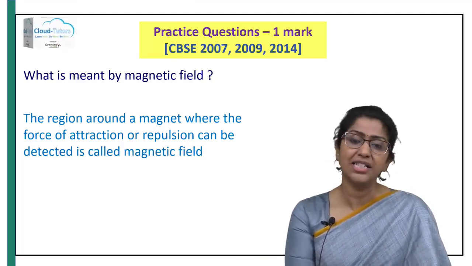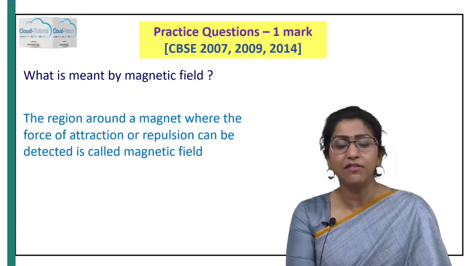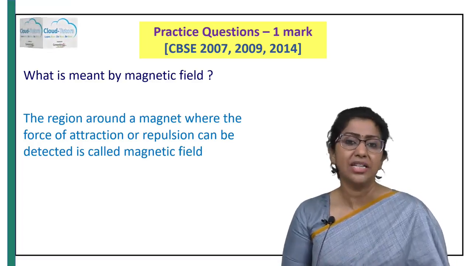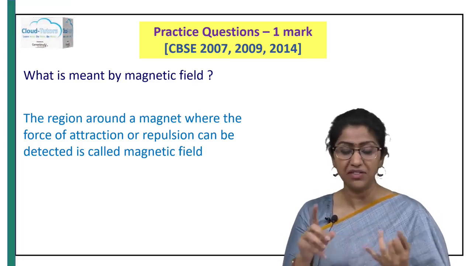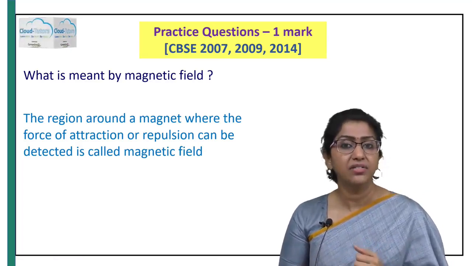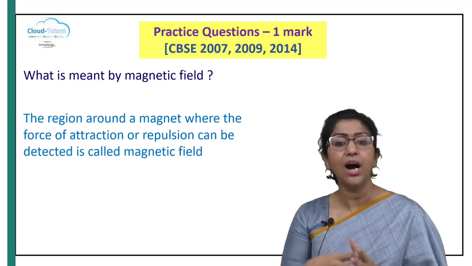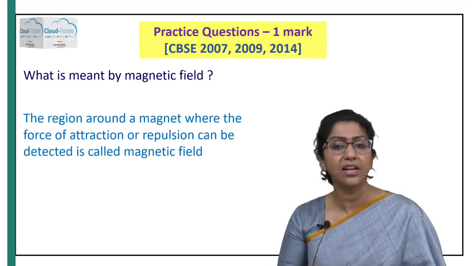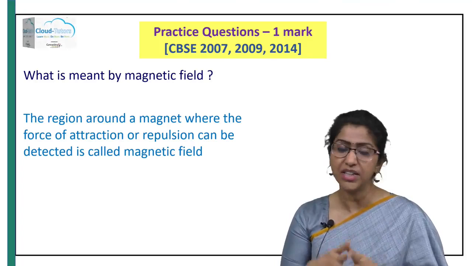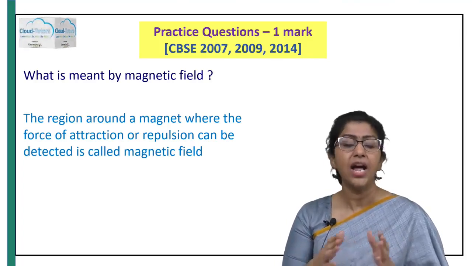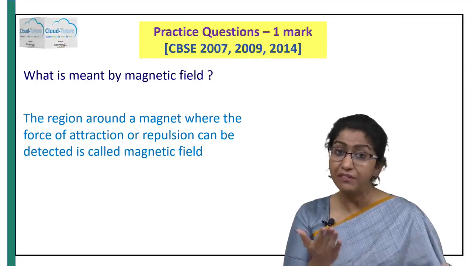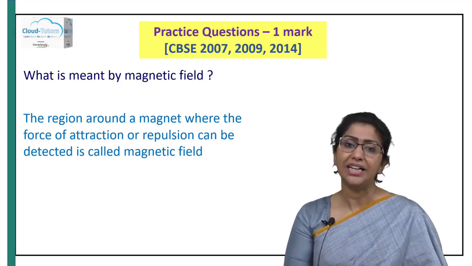I hope you all learned something new, and we also saw a few fun experiments. Let's quickly summarize what we have done today. We learned what we mean by magnetism or magnetic field. We learned what the different effects of electric current are, and how they help us in daily life applications. We use electromagnets in many places. We will discuss this further in our upcoming sessions also. And we also looked at two very fun applications, that is waste segregation and magnetic levitation trains.